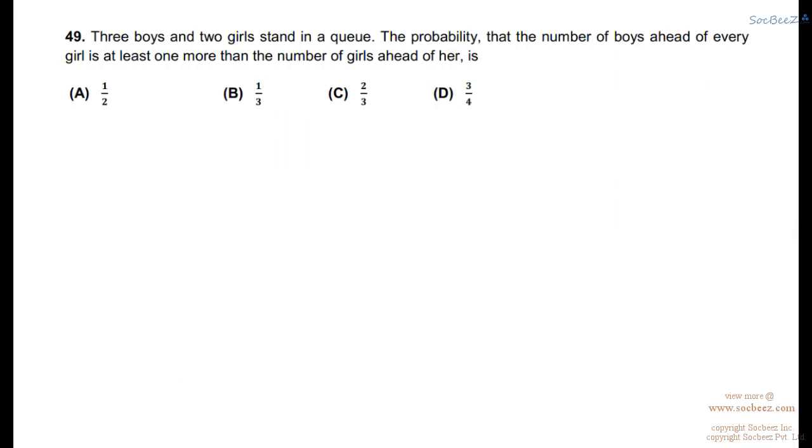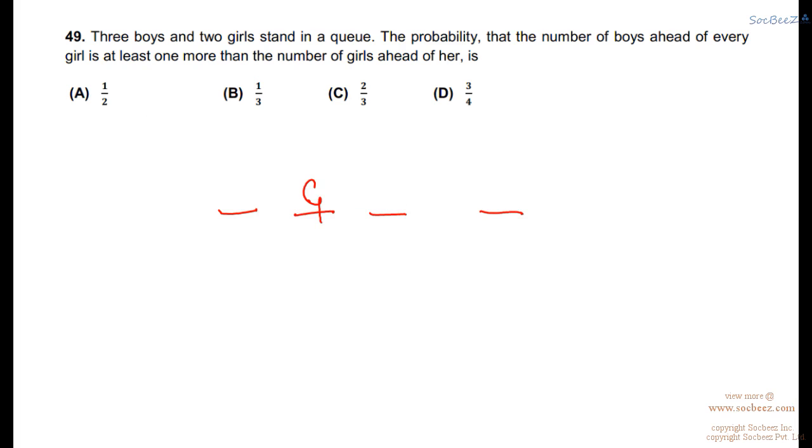Okay, so now let's see another question. Question says 3 boys and 2 girls stand in a queue. The probability that the number of boys ahead of every girl is at least one more than the number of girls ahead of her is. Now here they are asking that if they stand in the queue, then what is the probability that the number